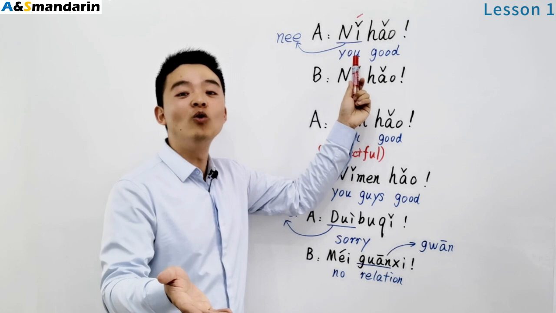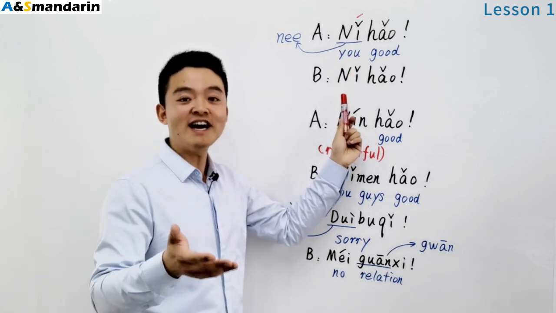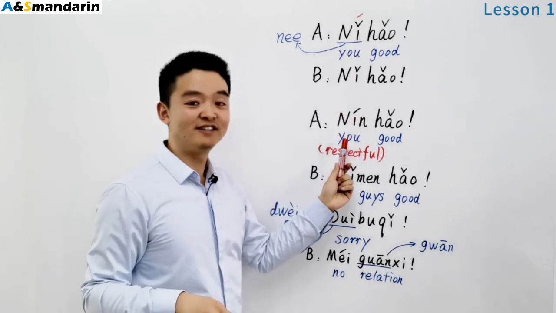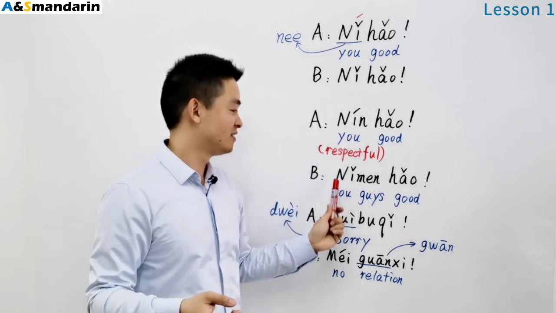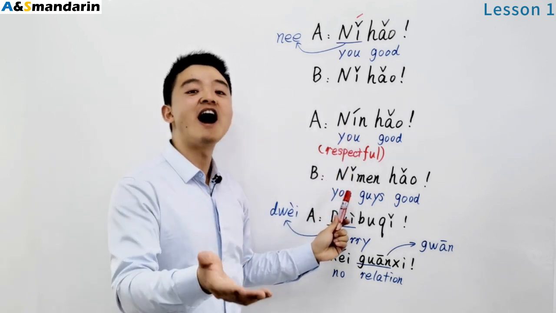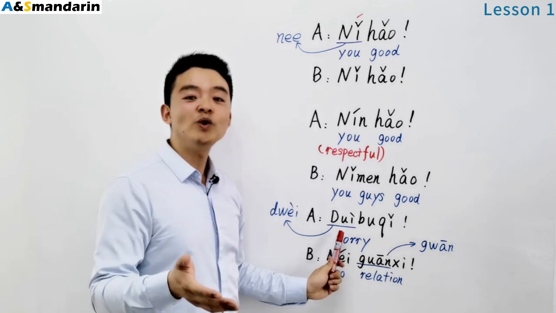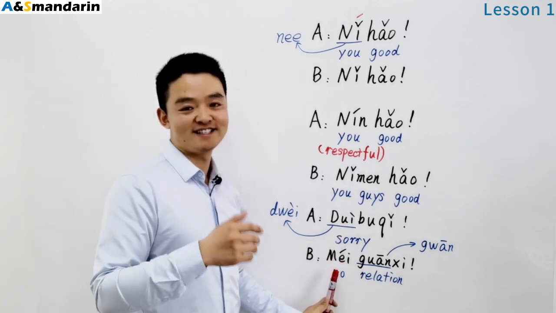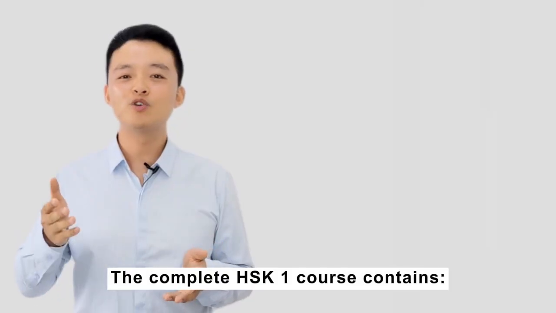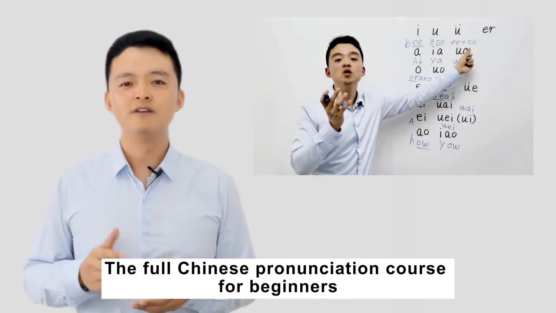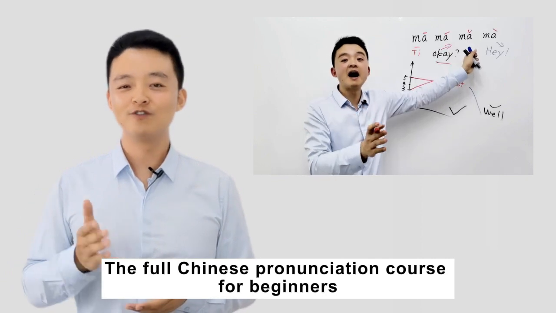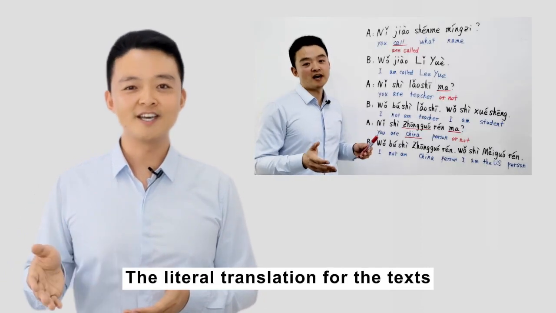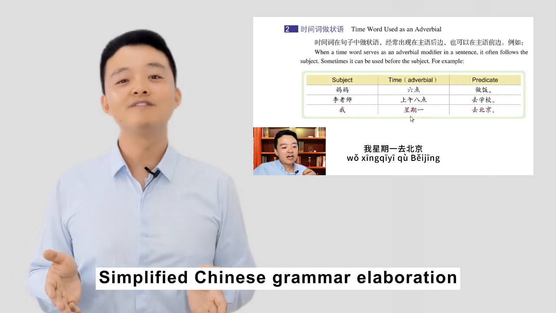你好，你好，您好，你们好，对不起，没关系。The complete HSK1 course contains the full Chinese pronunciation course for beginners, the literal translation for the texts, simplified Chinese